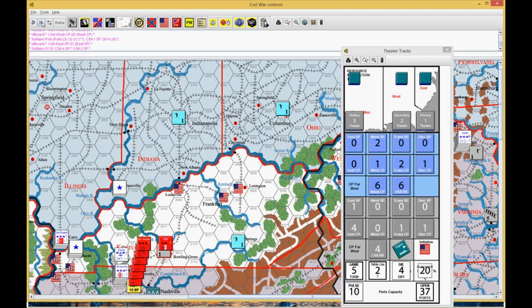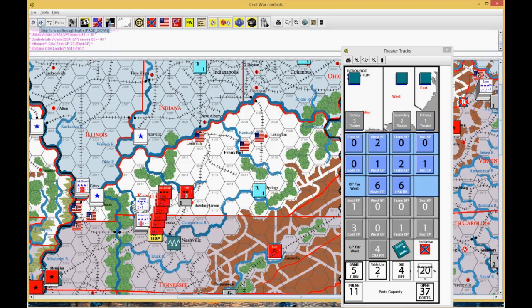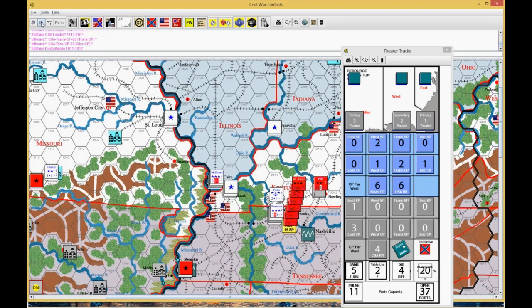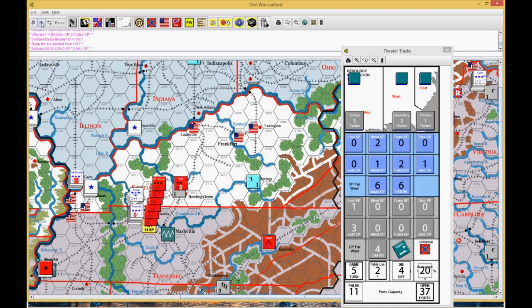And Polk moved up to Bowling Green. And then there was a huge +5 over here. I think I took all my CSA leaders or something here. That's what it looks like I'm doing. Getting leaders everywhere. Oh, I moved AP Hill over there so that he could...